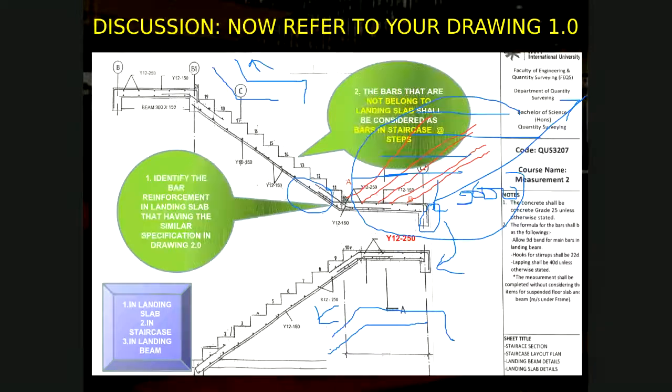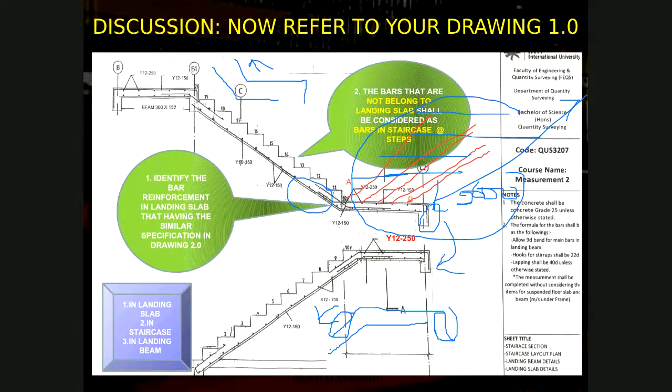The bar reinforcement that belongs to the landing slab overlaps inside the landing beam for this one and also inside the staircase. So the rest of the remaining, other than what had been highlighted here, should fall under the category of the bars inside the